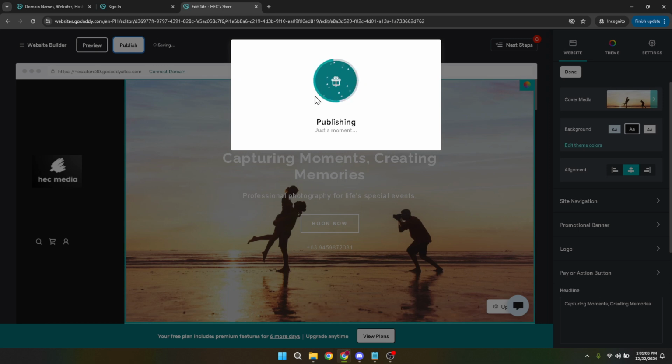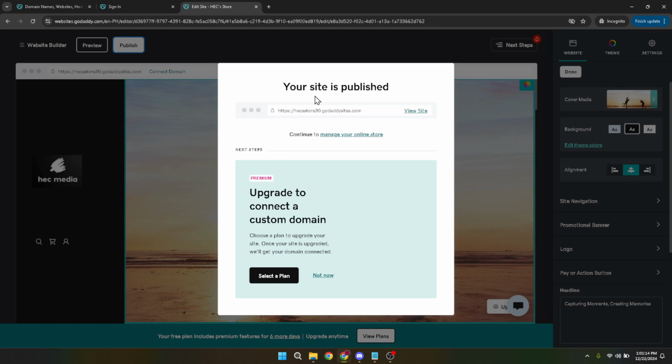In conclusion, GoDaddy's website builder simplifies the process of editing and saving your website. From logging in to publishing your changes, each step is designed to be user-friendly and efficient. Remember, the autosave feature is a handy tool that ensures you don't lose your progress, but it's the Publish button that makes your updates available to your visitors. It's always a good practice to regularly update and publish your site, ensuring your visitors have access to the latest content. I hope this guide has been helpful, making the process of saving your GoDaddy website as seamless as possible. With these steps, you're equipped to keep your site updated, engaging, and reflective of all the latest changes you wish to make.